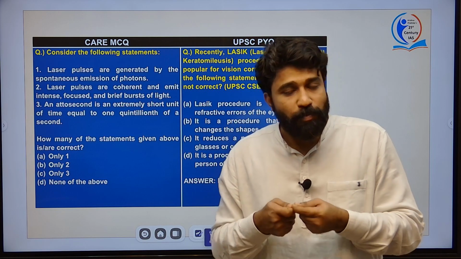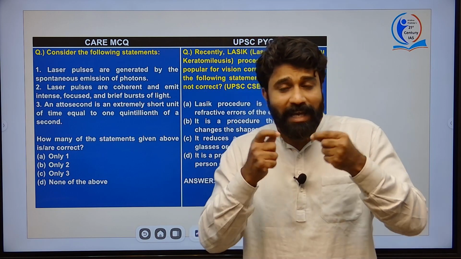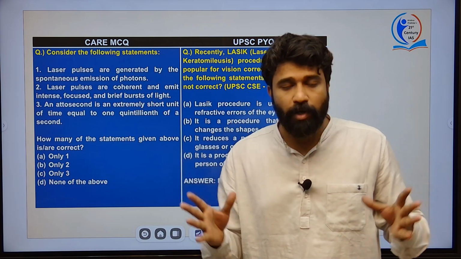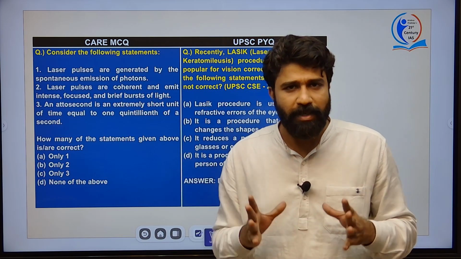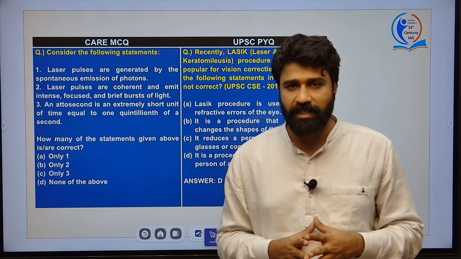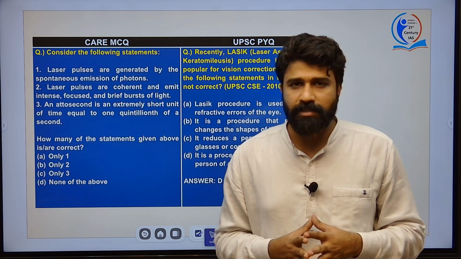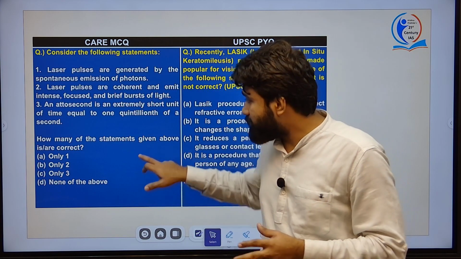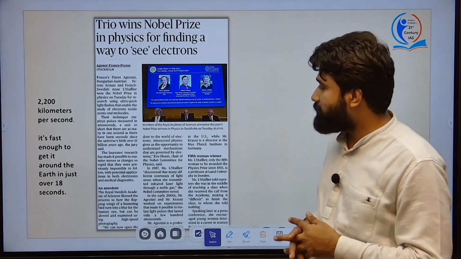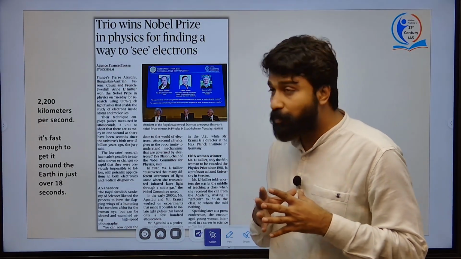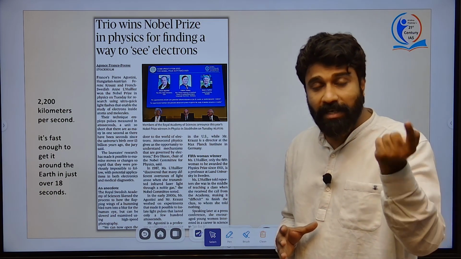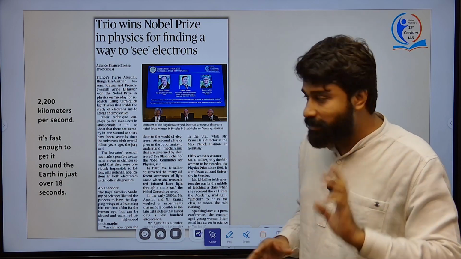Okay. Coming to the actual findings of these Nobel Prize winners: how will you assess the speed of the electron and its functioning when it is orbiting the fastest around the nucleus of an atom, right. The nucleus contains protons and neutrons, as you might have studied in your childhood. The speed of electrons is around 2200 kilometers per second, fast enough that it can orbit around Earth within 18 seconds.